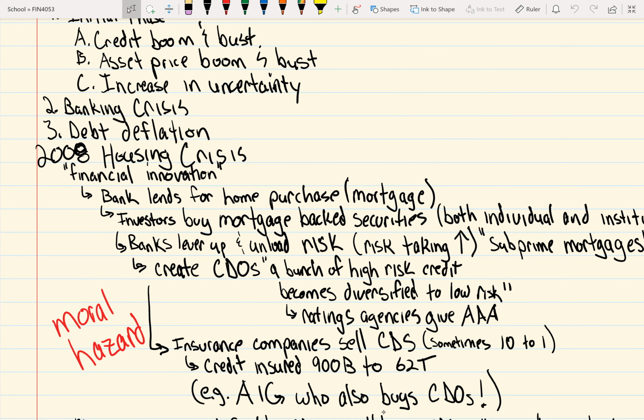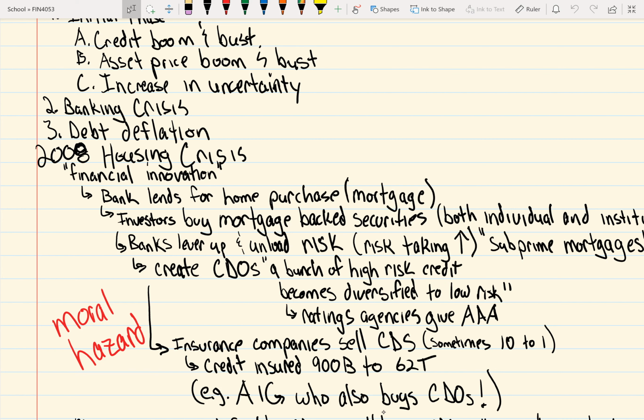They talk about something called financial innovation, which sounds like a good thing, and I think can be a good thing, but can also be a very terrible thing. So the basic idea of the housing crisis and how it happened is first, of course, banks lend for home purchases called mortgages. You want to buy a house, you don't have the money right now, you take out a mortgage, and of course you pay an interest rate back. So that's how the bank would make money on that. Obviously that's been happening for decades and is not unique to the financial crisis.